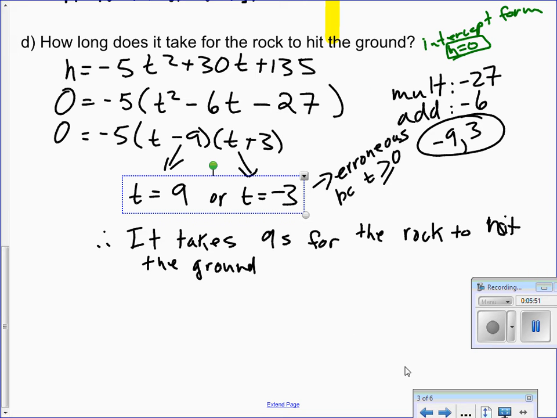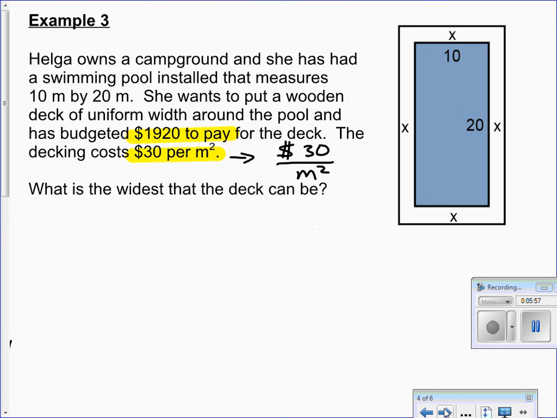And we're done. Now, your homework for today is based on some extra questions that look like this. So, for example, number 3: Helga owns a campground, right? And on this campground, she has a pool, which measures 20 by 10, okay? And what we want is the deck to be a certain amount, and we have a restriction on how much